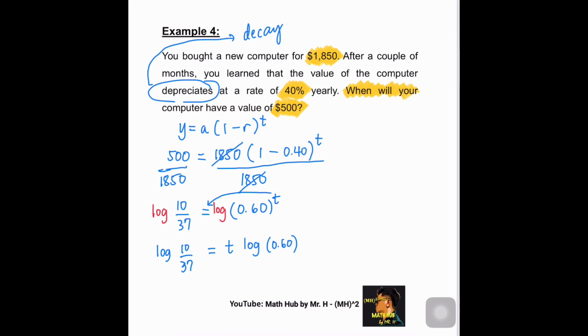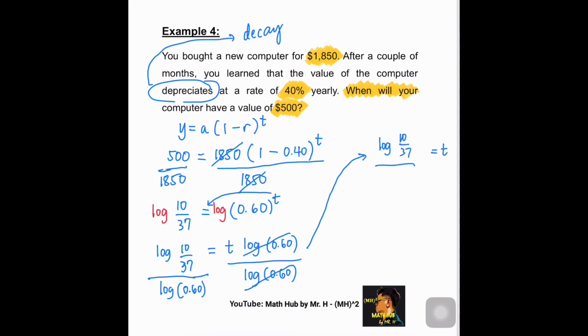And from here, we can see that we can divide both sides by log of 0.60. Then log of 0.60 divided by log of 0.60 will be equal to 1 or 1t. What will be left on the right hand side? So t, and we'll have log of 10 over 37 divided by log